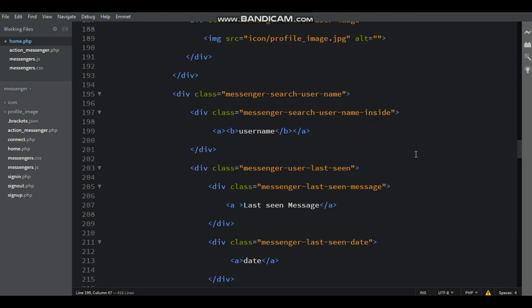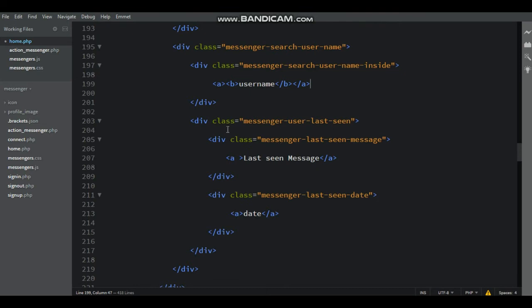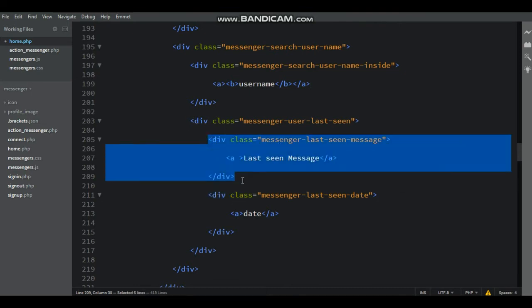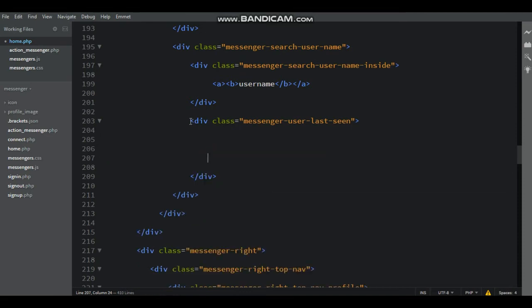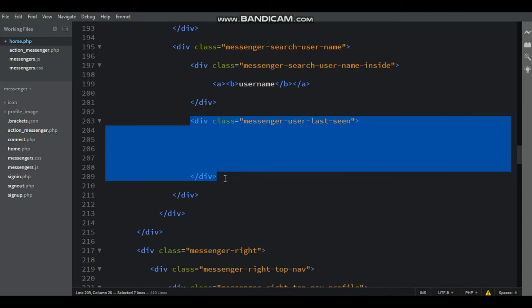And class name messenger search username inside, and delete the messenger user last seen. Remove all things, all the div.